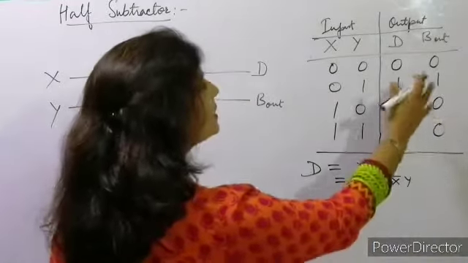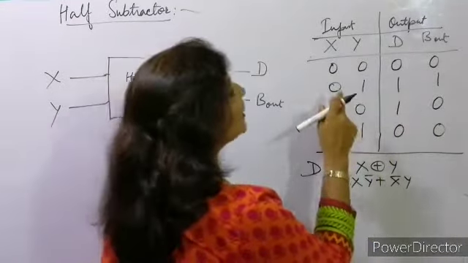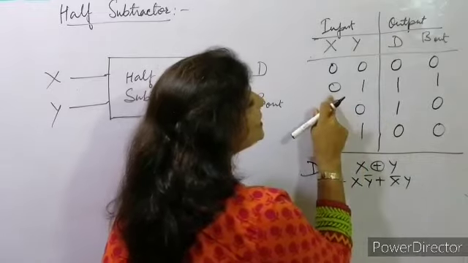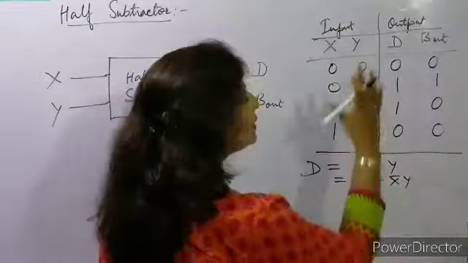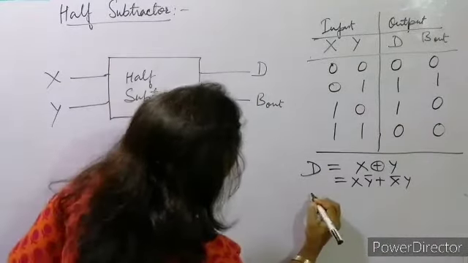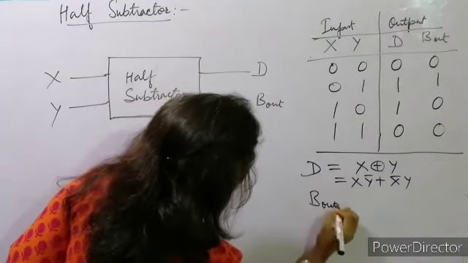ठीक है. Now we'll say this one, B out. B out किस case में? Only in this case. X is 0 and y is 1. In that case B out is 1. That is high. Otherwise 0 है. So can we write like this? B out के case में